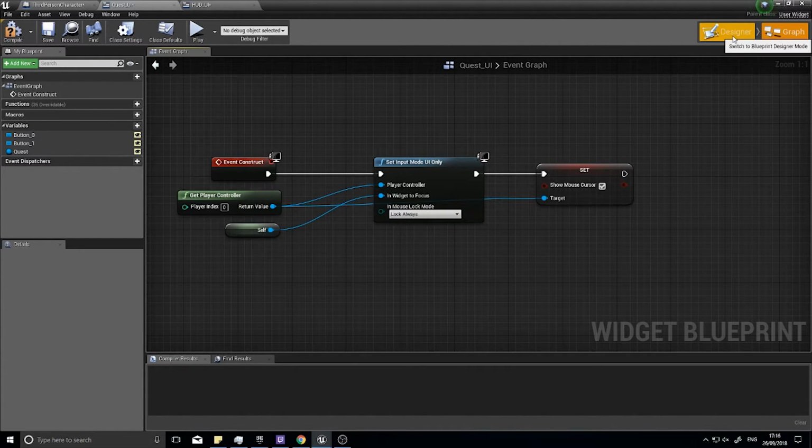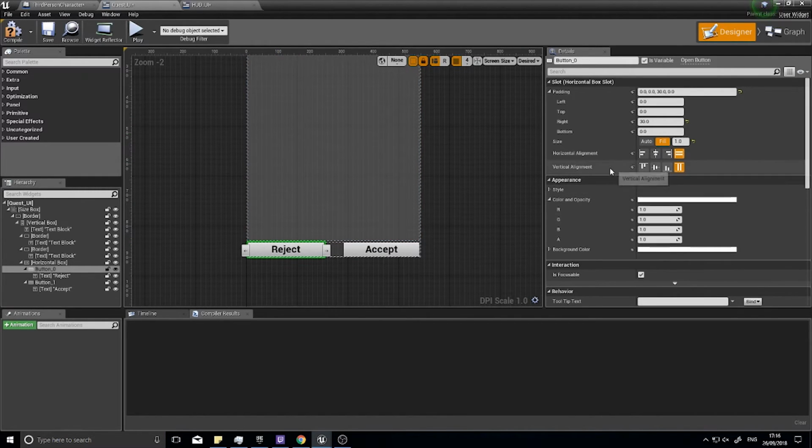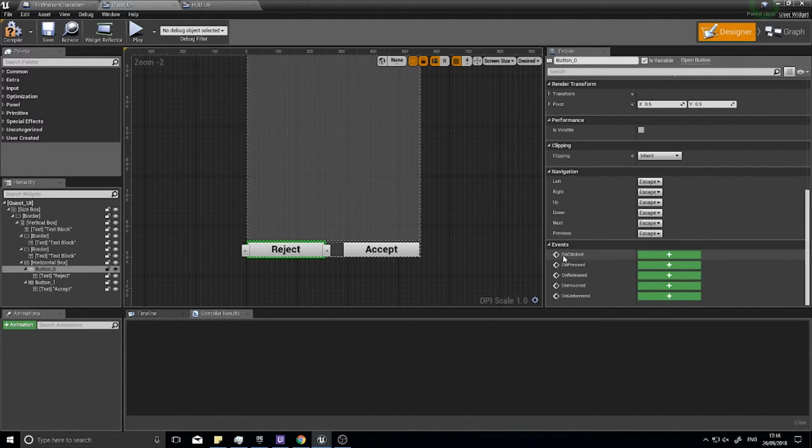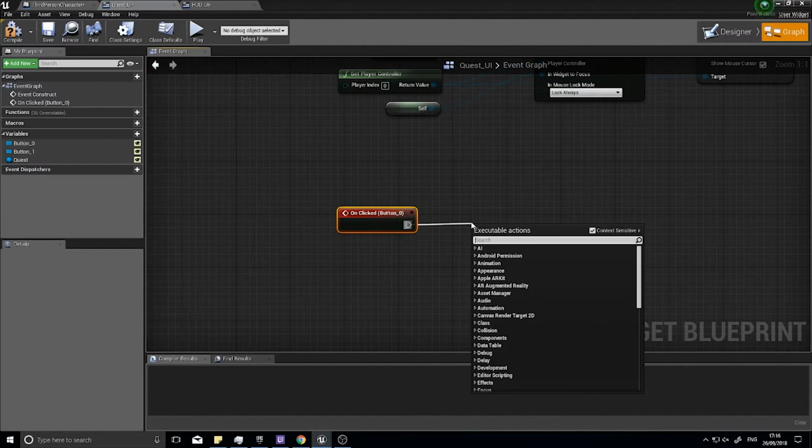So now I need to make it so when we click the reject button it will remove it from the parent and basically do the opposite of this. So let's go down to our reject button, click on it, and in the details panel down the bottom you'll see on clicked and a plus button. Click this and it'll add an event for you for this button. From here we're going to remove from parent,